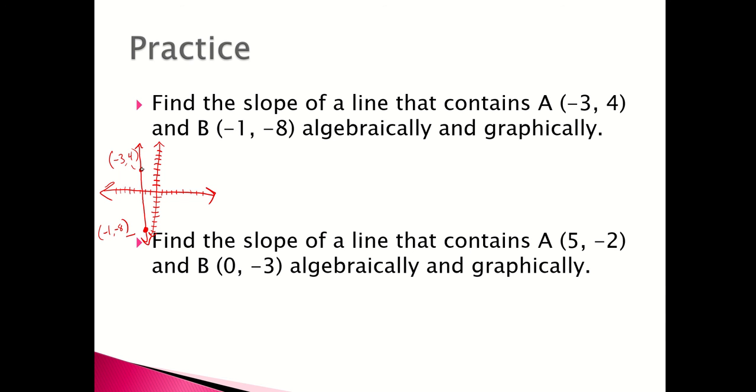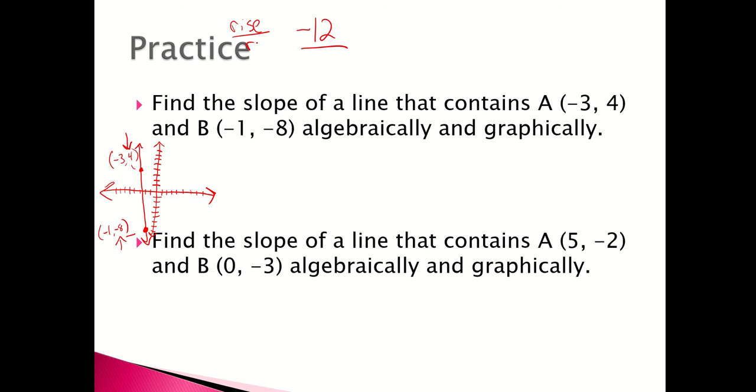To go from negative 3, 4 down to negative 1, negative 8, how far down do we have to go? Well, look at the y's. We're going from 4 to negative 8. We have to go down 4 to get to the x-axis and down another 8 to get to negative 8. So if we go down 4 and 8, we went down 12. So negative 12 is our